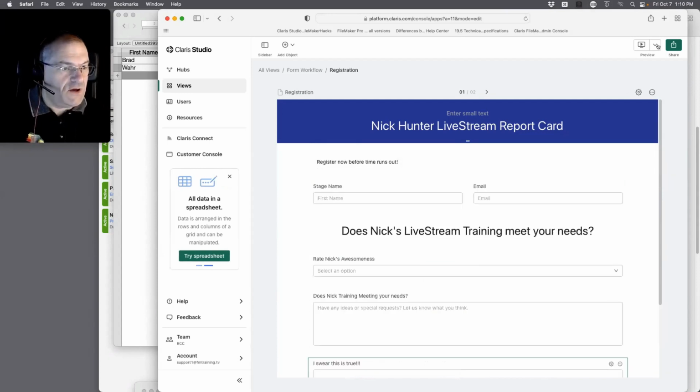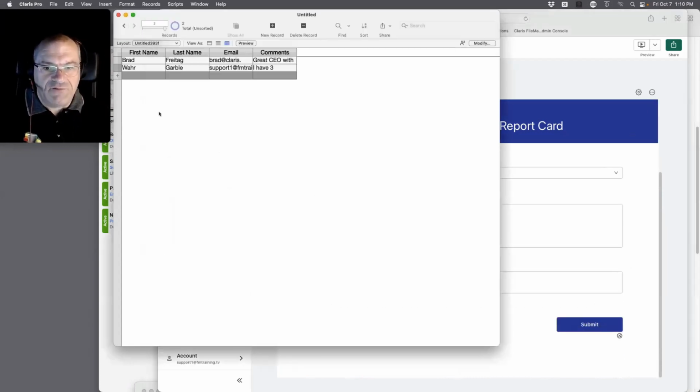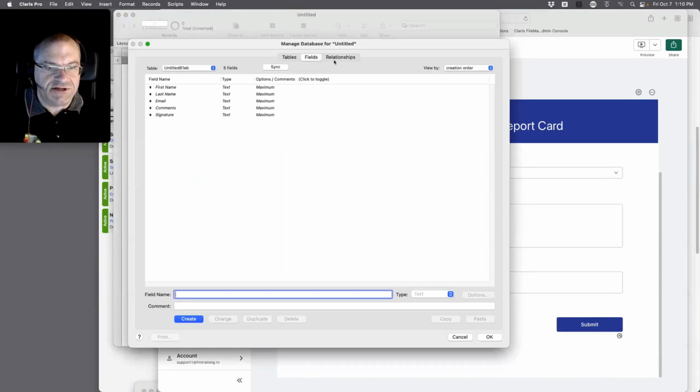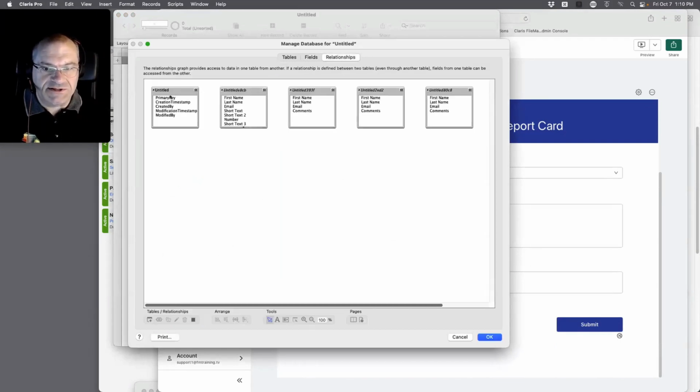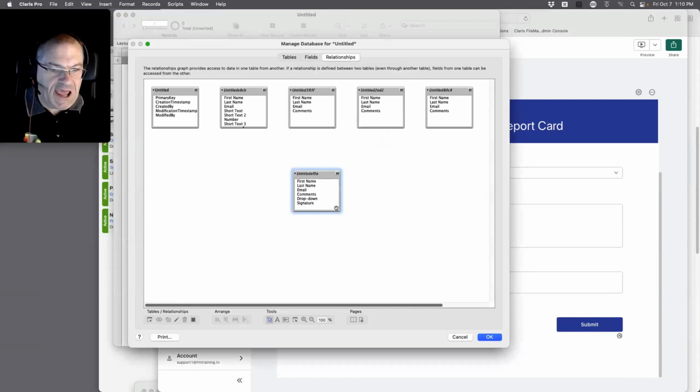So now it's still shared. It should save automatically, right? So you folks should see this. If I come over to here and go to field definitions and relationships and add a table from Claris Studio Data, I think this is it, right?